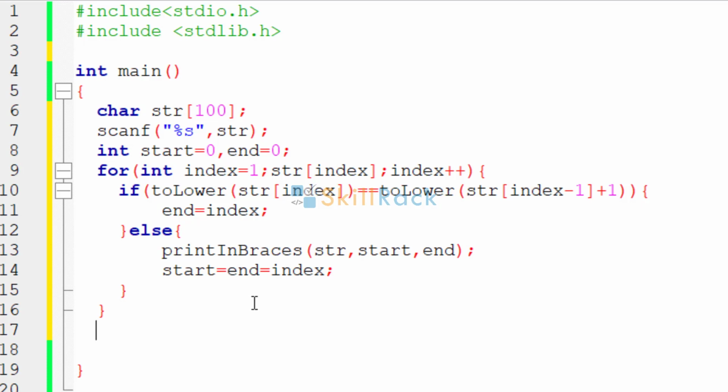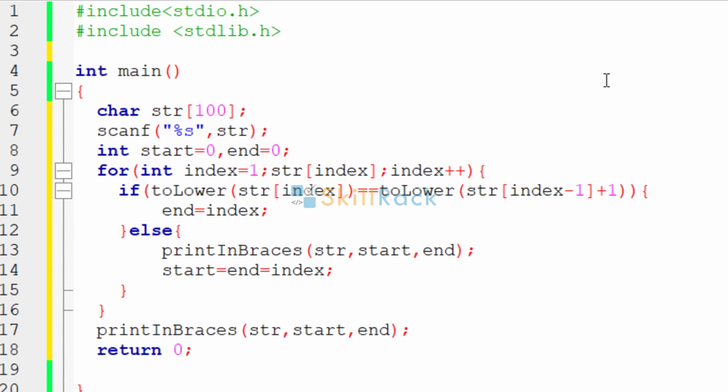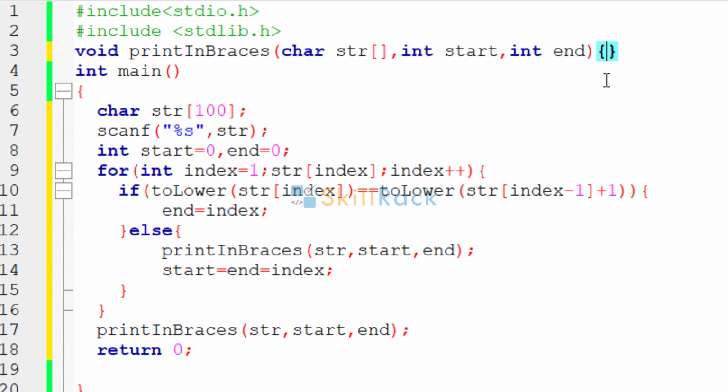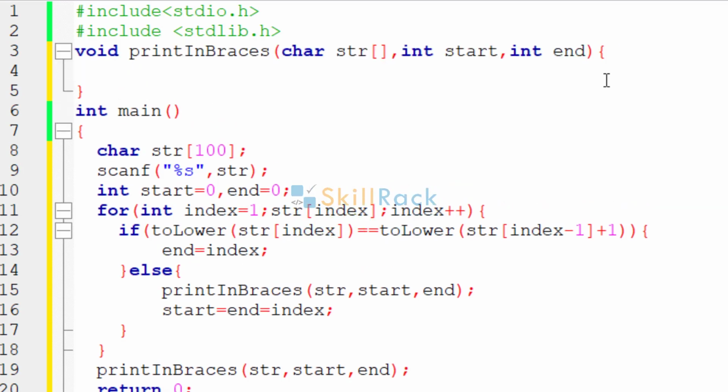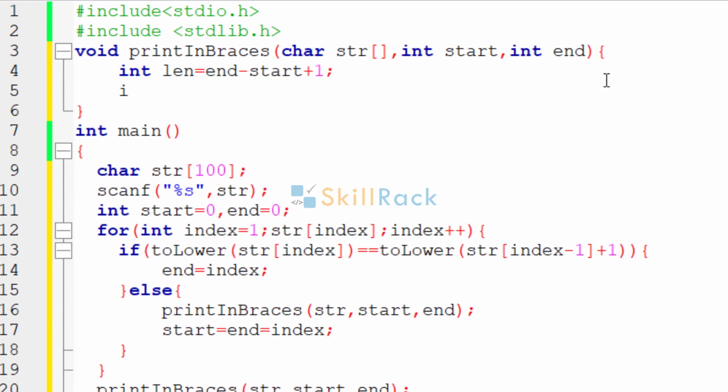So in the end, if there is some example like T, J, A, B, C, this A, B, C should be printed. So here too what we must do is, we must call it in the end, that is after coming out of the loop. So now let us implement the print in braces function. So now let us calculate the length of the range. Len is equal to end minus start plus 1. So now if length is greater than 1,